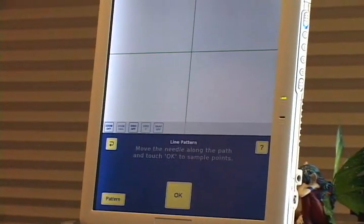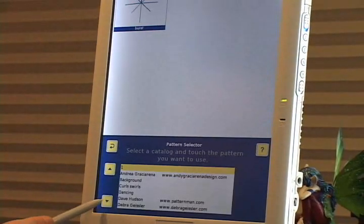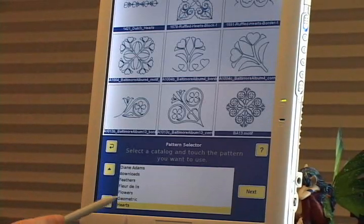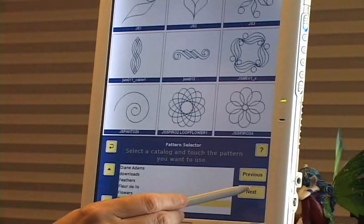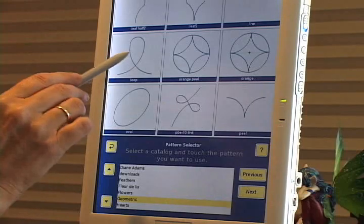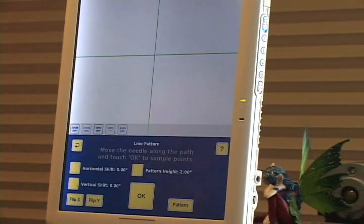And I'm going to choose a pattern to put in that border. So this will take me to my catalogues, and I'm just going to choose geometric, just a very simple loop. Here it is. Okay, now I'm going to start over at the left hand side. So I'm moving my machine over here,